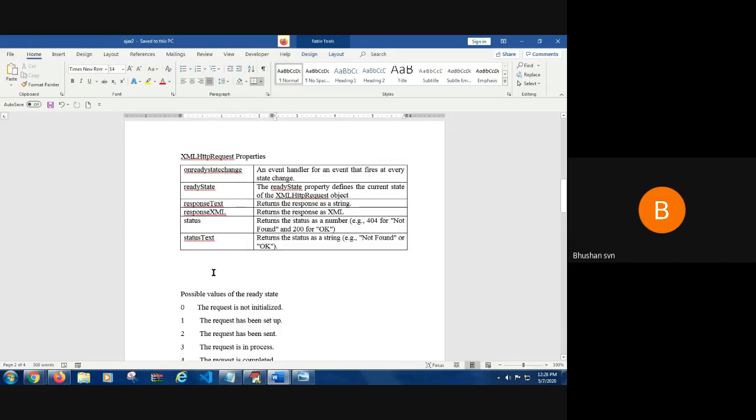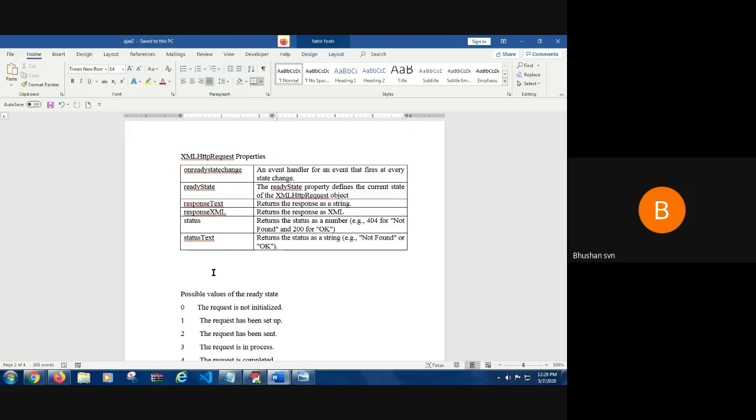Every request and response will have a typical life cycle, like how there is a life cycle of a thread in Java, or a process in an operating system. Similarly, you have a life cycle here also. I will show you the demonstration so you can understand how it is implemented.